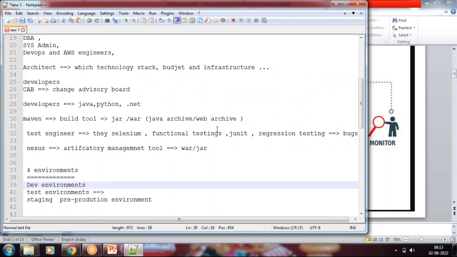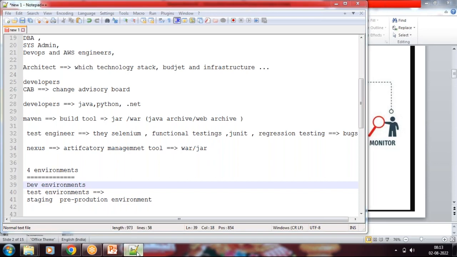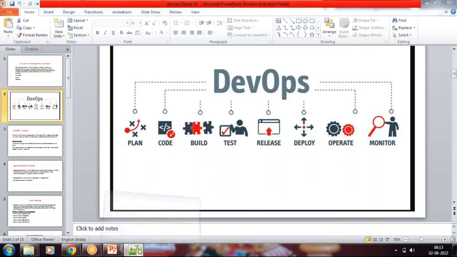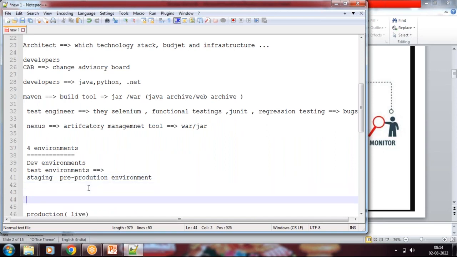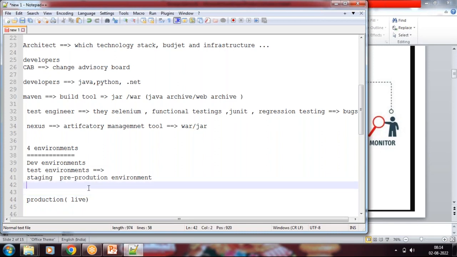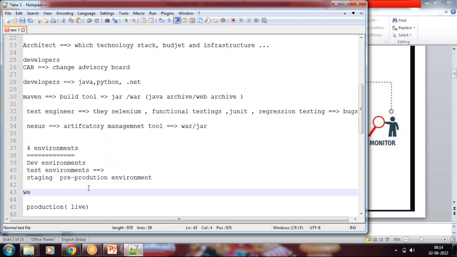Okay. What happens in the deployment phase? We will deploy it in a production environment. After everything is successful in the staging environment, we will deploy it in production environment. But before going to production, there will be certain parameters. First thing will be, we have to get approval from managers,